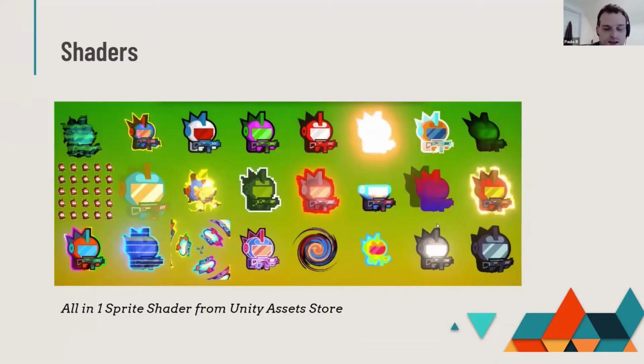And shaders don't just apply for 3D models either. This is one of the assets available on the Unity store. This is the same sprite, but with lots of different shaders applied to it. We're not going to get into actually how to make shaders today, just because they can be very complex. Normally, it's a lot of coding and math,